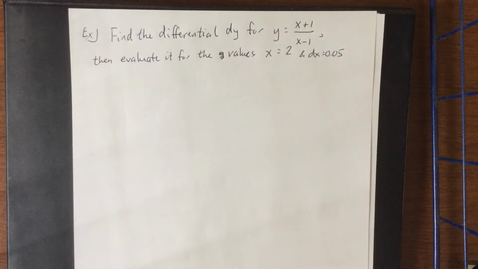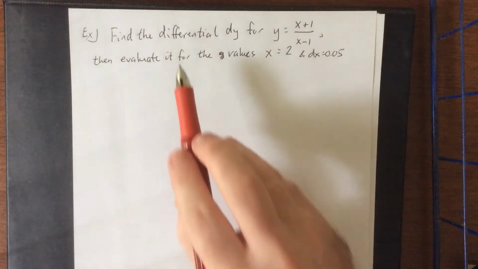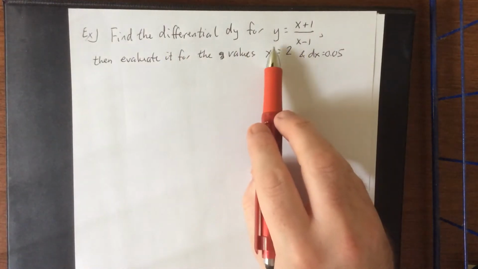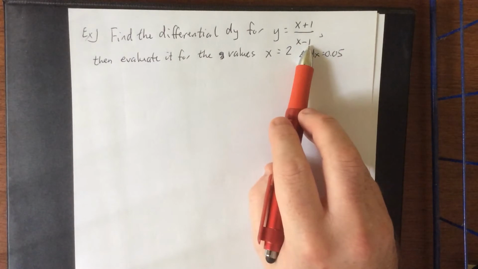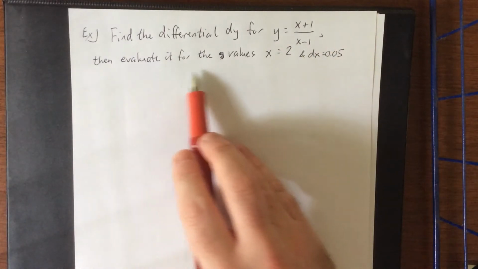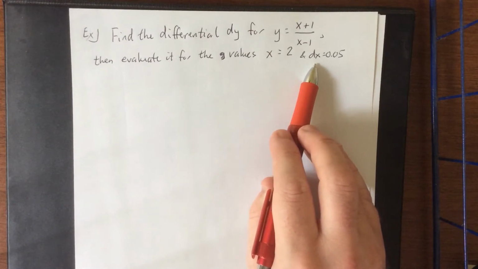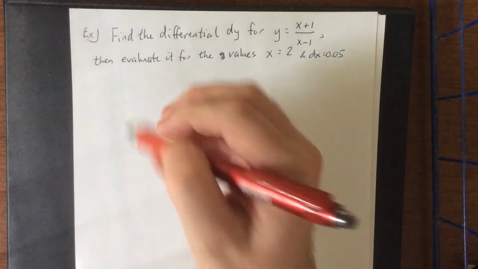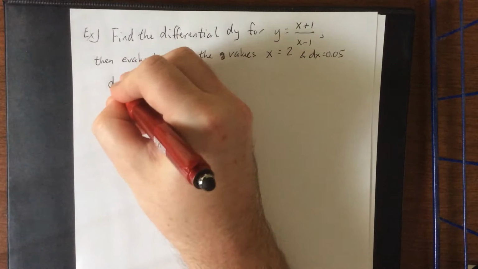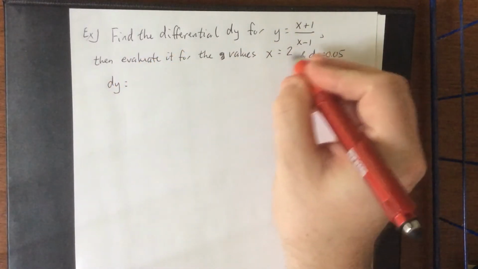Here's an example where we will actually be evaluating a differential for a given function. We're going to find the differential, dy, for the function y equals (x plus 1) over (x minus 1), and we're going to evaluate it for the values x equals 2 and dx equals 0.05. So with that in mind, what we have for the total differential is that dy is going to be,